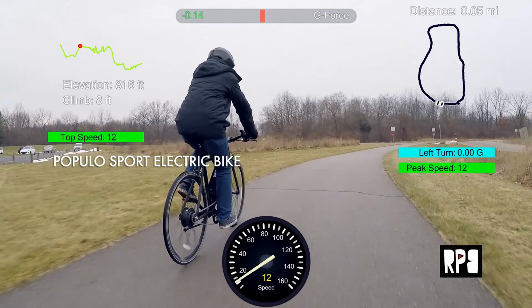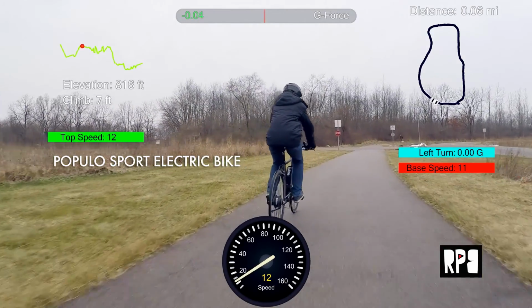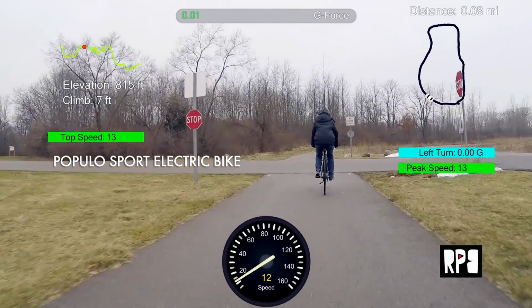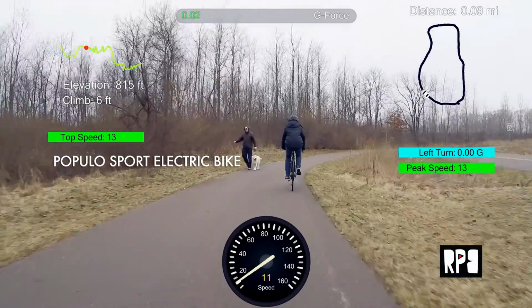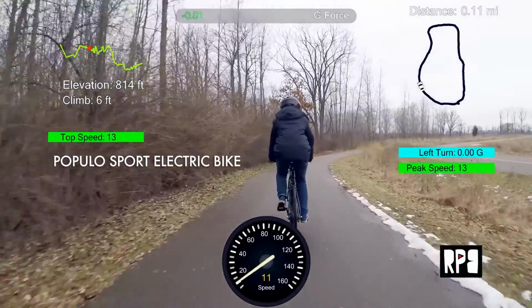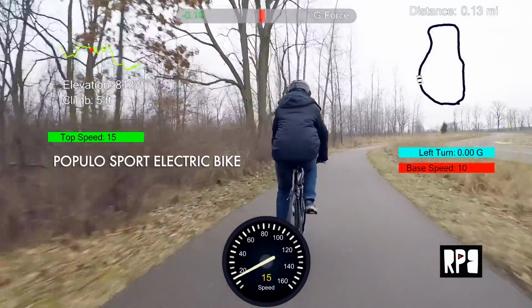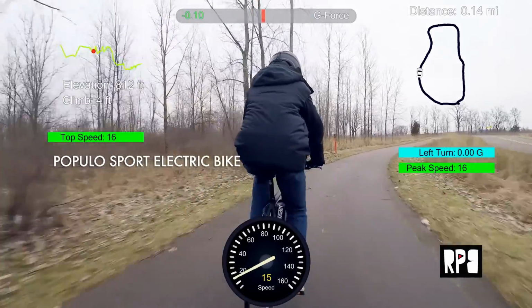Yep. What was your power level on this? 4. So you're on normal. Normal 4. Yeah. So about midway through, I looked back and asked Rick if I was going too quick, because it takes off pretty quickly. But it just makes it easy. You can see I'm not pedaling a ton. I'm pedaling backwards, just hanging out sort of thing. And when you are pedaling, it's not like there's a lot of resistance. The hub motor really...